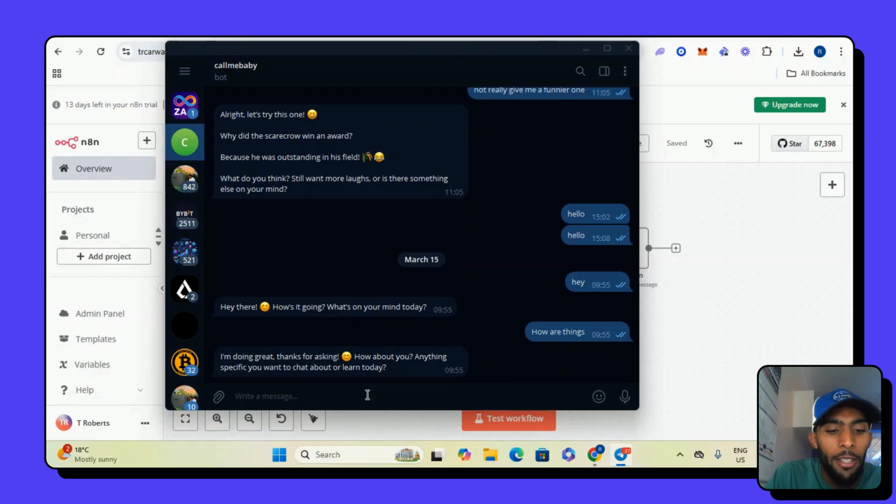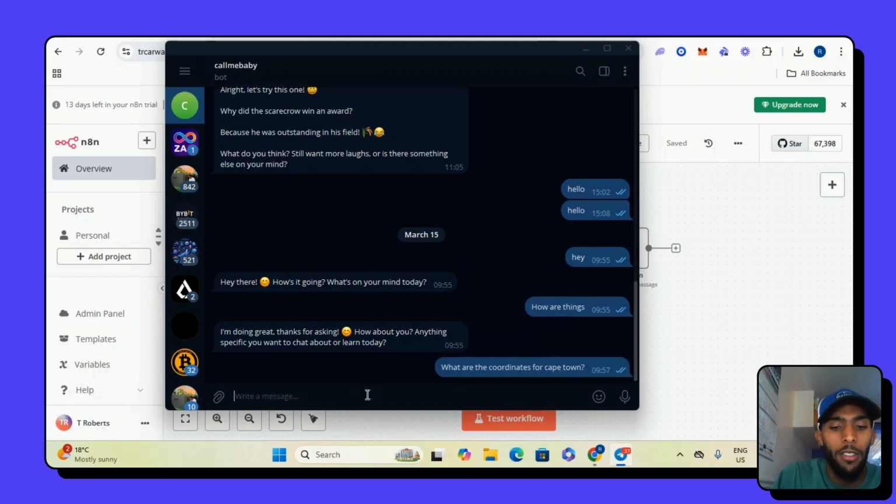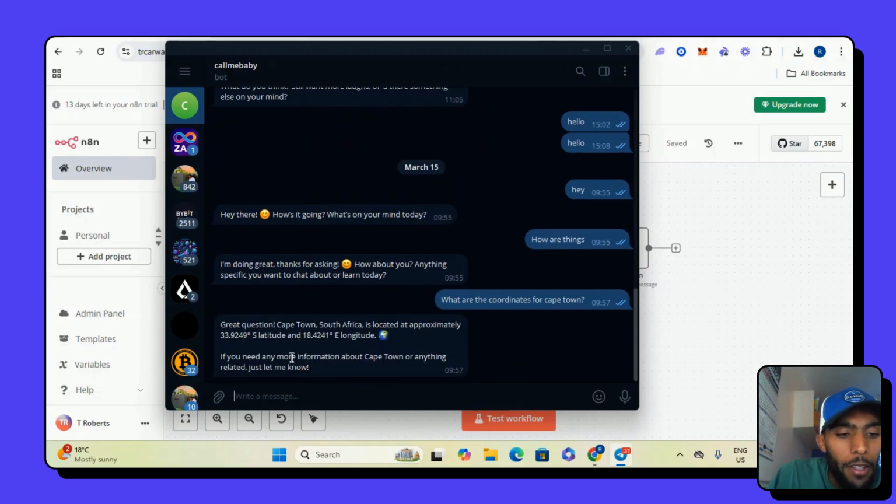I stay in Cape Town, so let's say, what are the coordinates for Cape Town? Let's see what it pulls in. There, great question. Cape Town, South Africa is located at approximately the latitude and longitude. If you need any more information about Cape Town or anything related, just let me know.